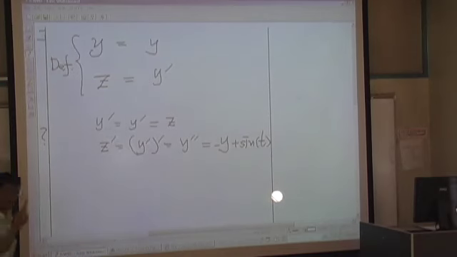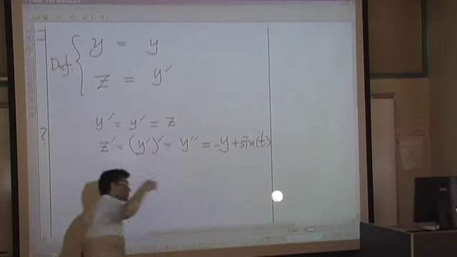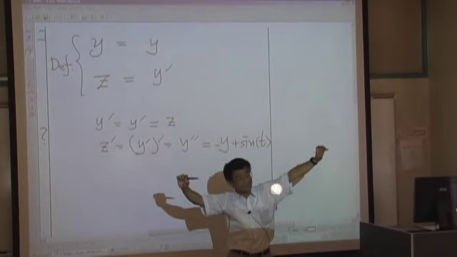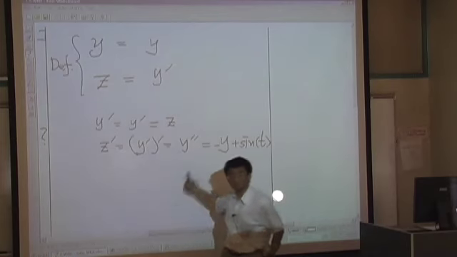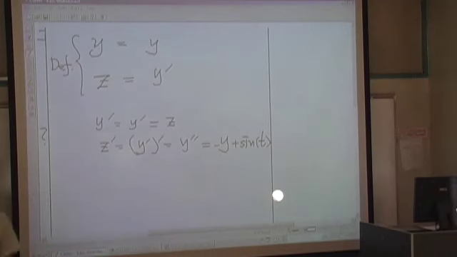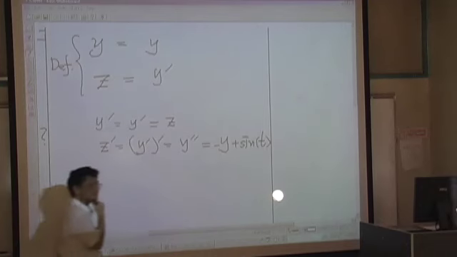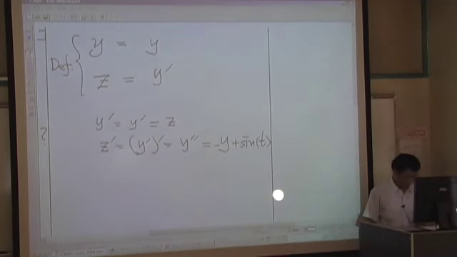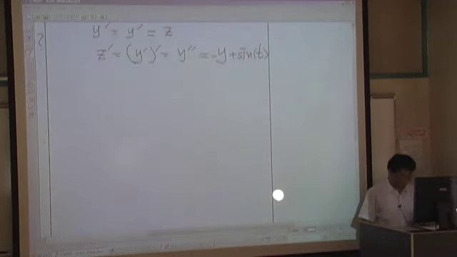So this is the key portion. You need to know how to convert a higher order differential equation into a system. Then what about an nth order differential equation? Assume that you have like